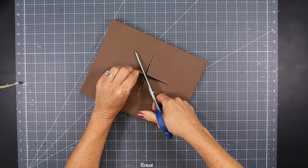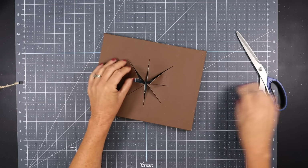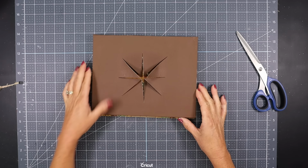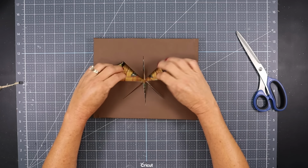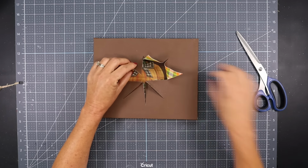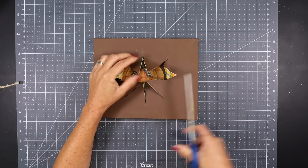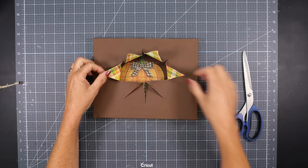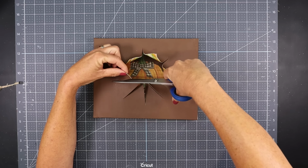So if I had to do this over again, I would cut different lengths and different sizes. I kind of cut mine all the same, so when it's finished it almost looks like a sunflower, but just depending on what you want your project to look like. So once you peel these back, this is what you're going to see is that fabric, and then you can adjust the length of whatever you need to cut,